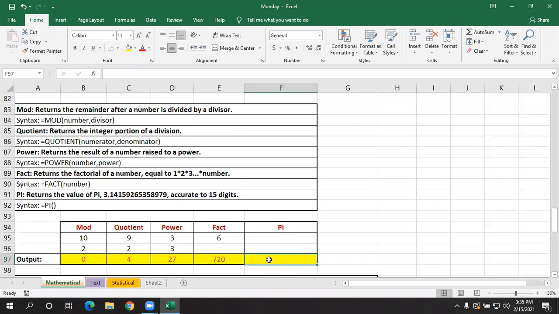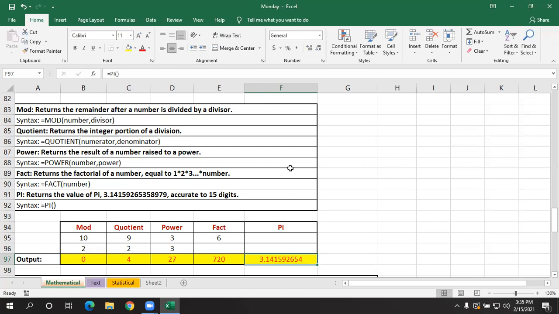You will get up to 15 digits. Now if you want a pi value here, we can give equals PI, open parenthesis, close parenthesis. Don't give space, just press enter. So here it will display the pi value.